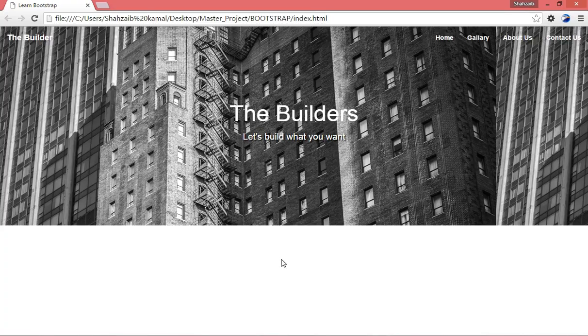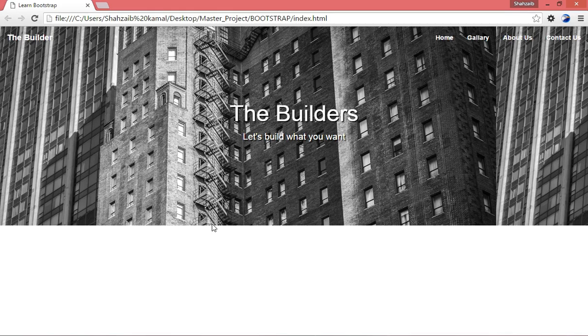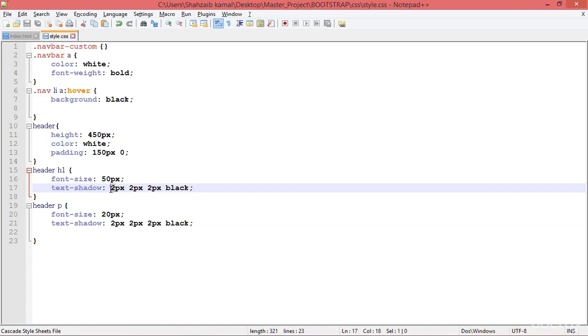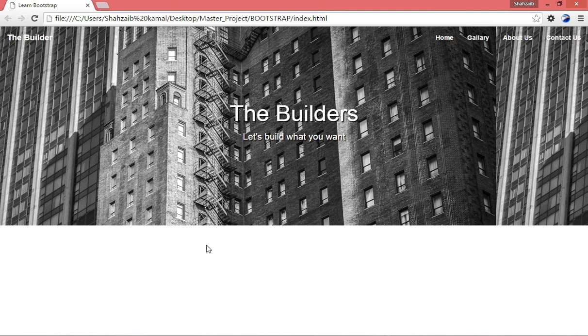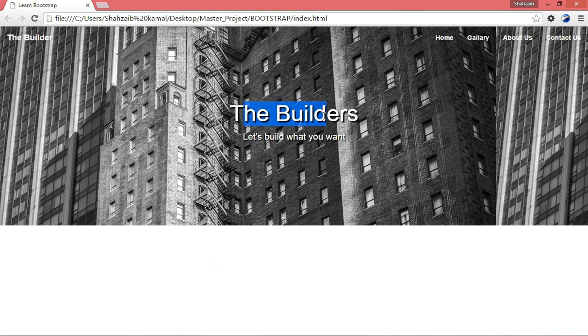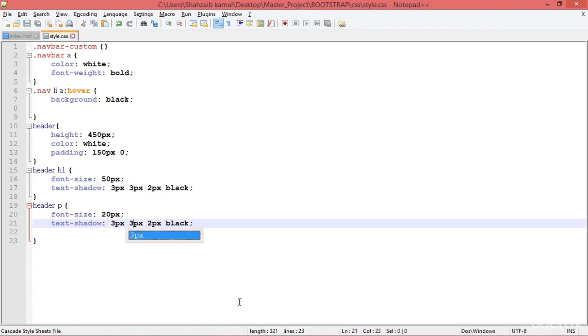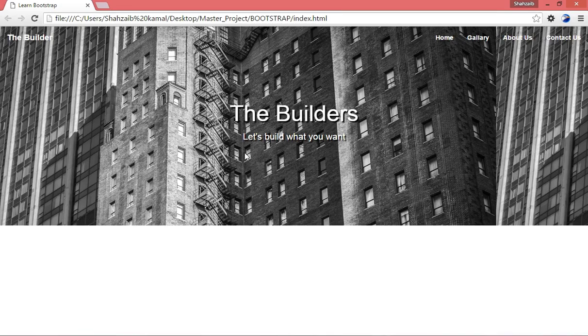And the header p tag too. What I'm applying to the p tag is a font size of around 20px, and save and refresh. Yeah, that is looking awesome too. But the other thing is the text shadow, and I'm applying 0, 0 and 5px, the black color for the shadow. Refresh. It's looking awesome, but not too much. So I think that 2 px